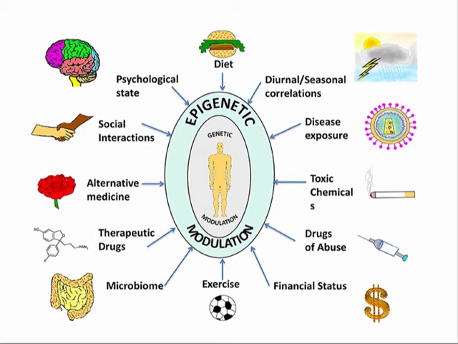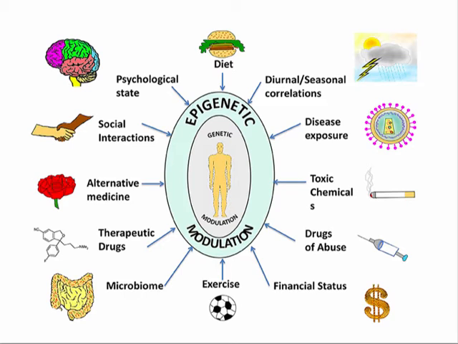What's interesting about this epigenetic regulation is that it is very sensitive to the environment. You can have the same DNA, like identical twins, for example, but they will have different patterns of DNA acetylation and methylation depending on the things in the environment that they're exposed to. And what is very interesting is that our epigenetic changes respond to very diverse types of stimuli. So for example, you respond to the diet, you respond to different disease exposure or chemical exposure,